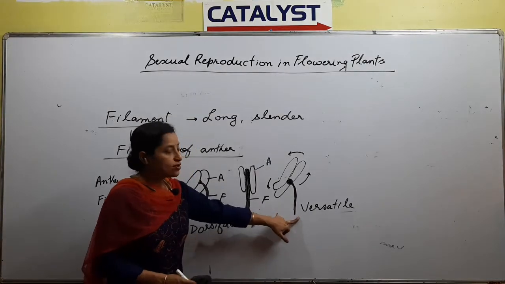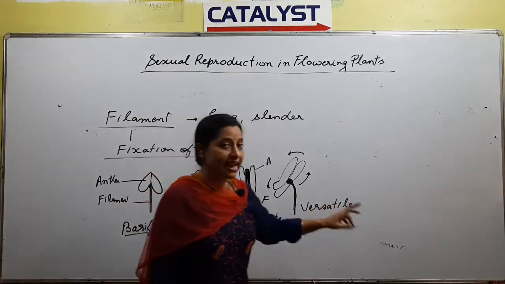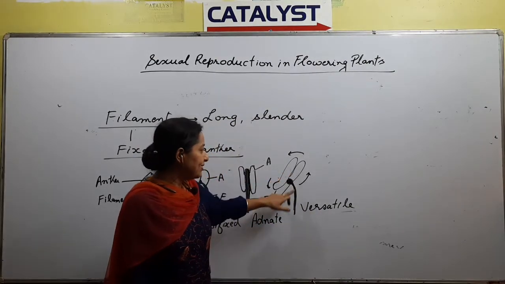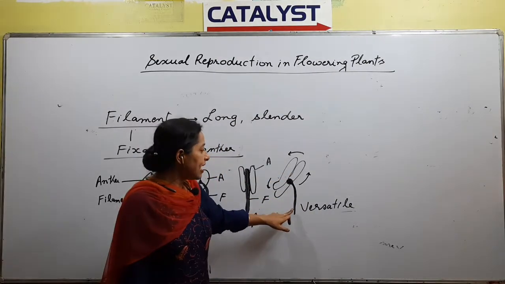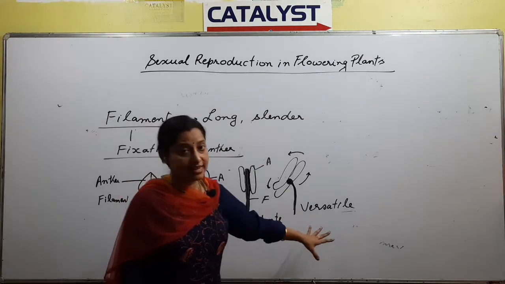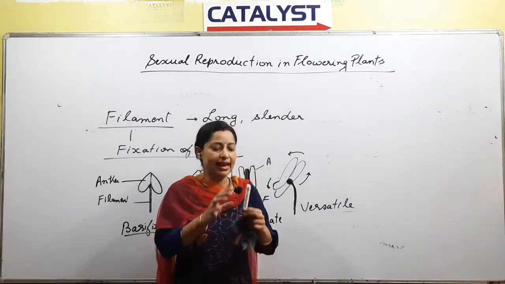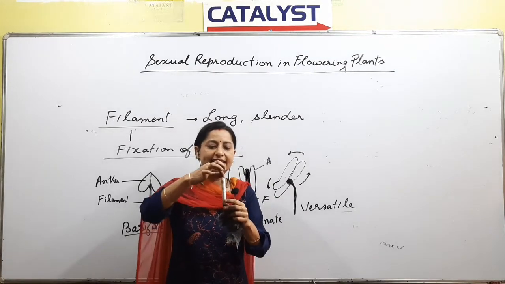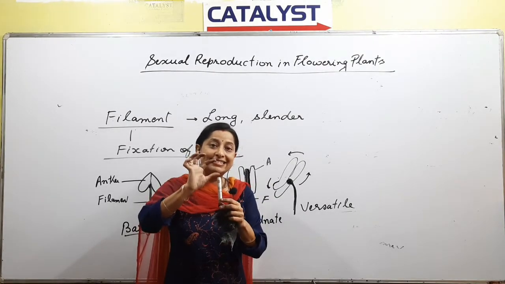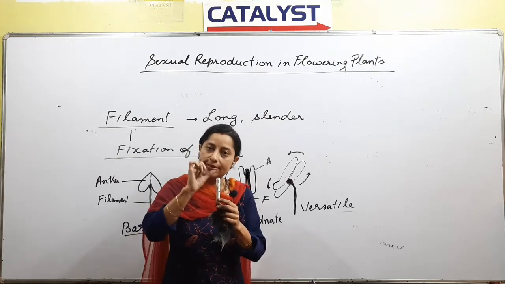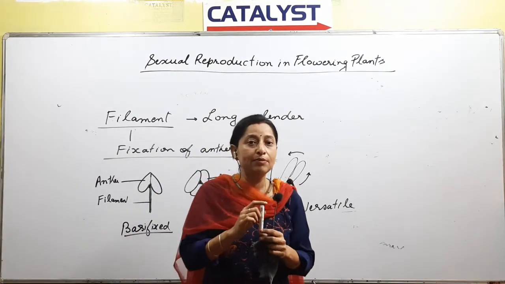We have the next type that is called versatile. Versatile anther. So what will happen here? If you notice, this is the anther and this is the filament. The characteristic of this type of condition is that the anther will be attached at the tip. Suppose this is a filament, the anther is at the tip, like so. The filament is attached just at one point of the anther, and what will happen because of that